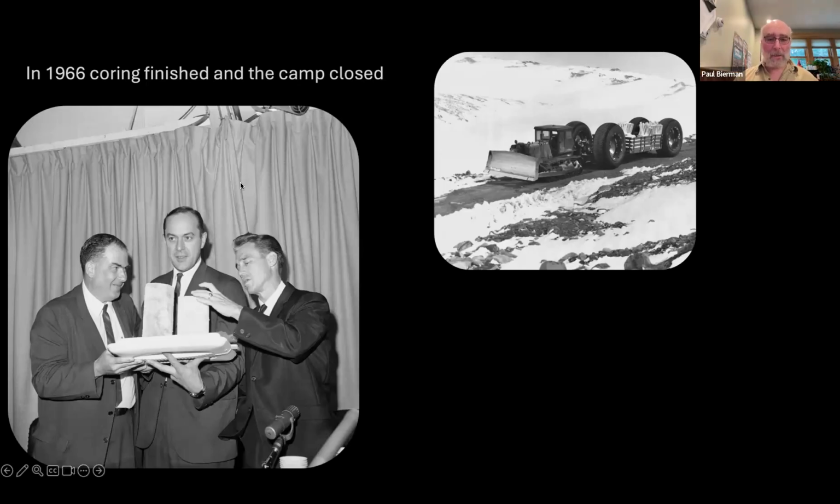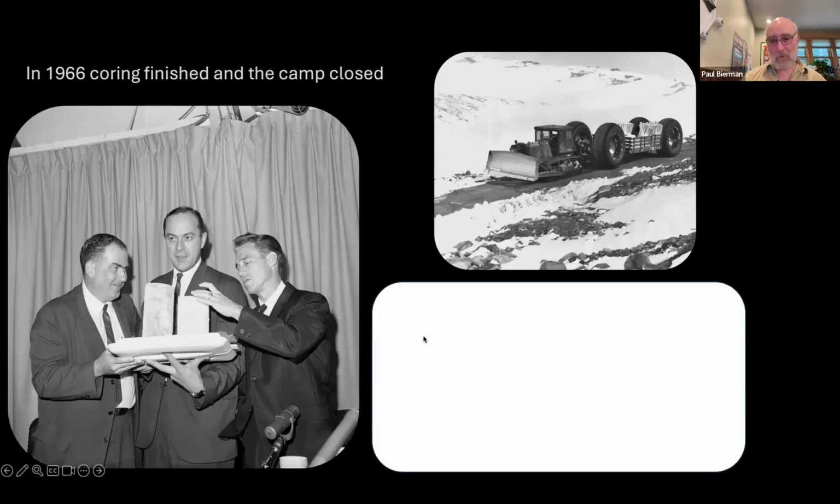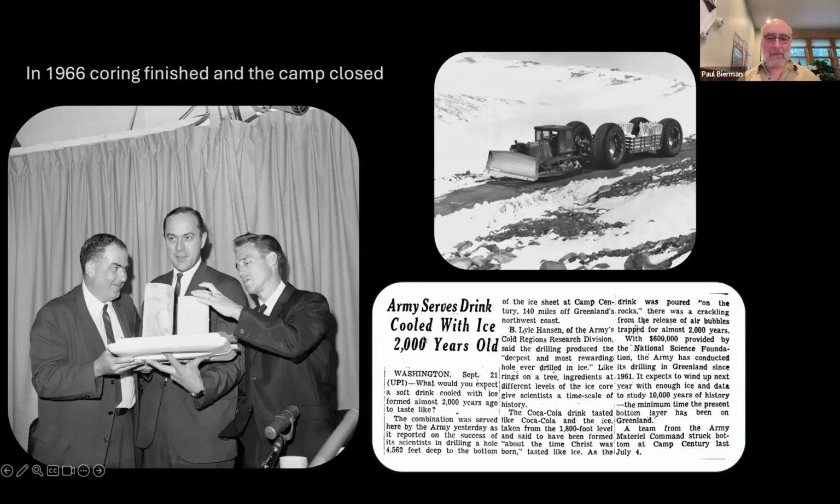Langway had arranged to take the Corps to the Pentagon because, of course, it was the Army who were the people who funded this work. And that visit to the Pentagon was written up in these many newspapers. This happens to be the one out of the New York Times, which has a particular sort of New York Times